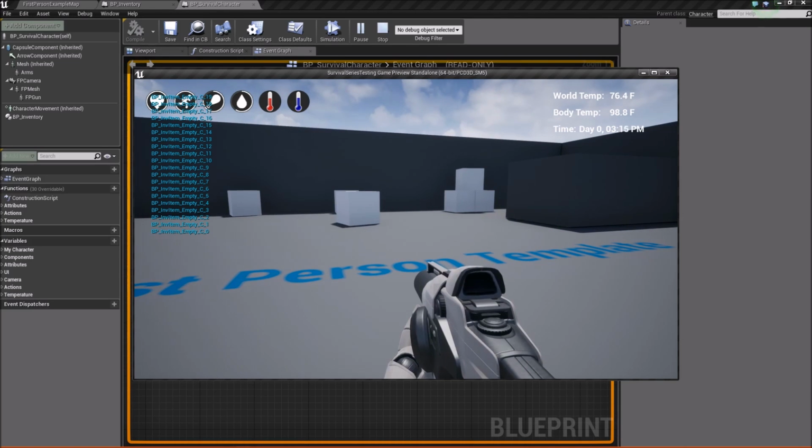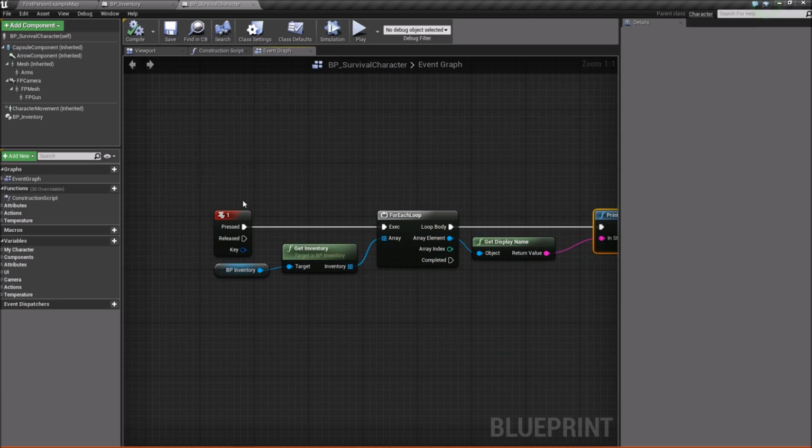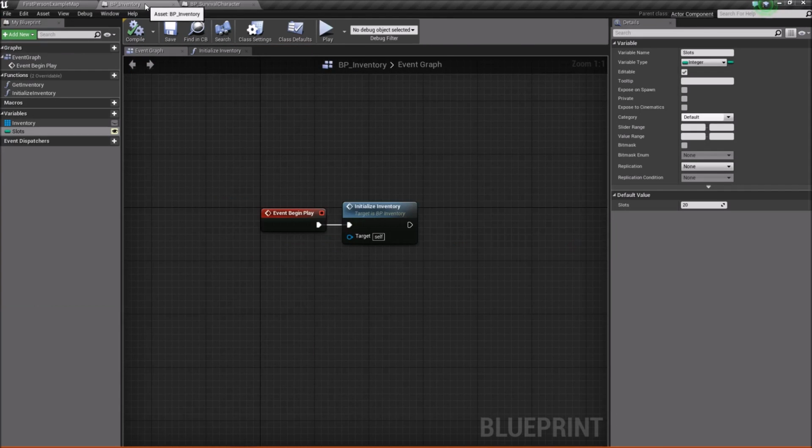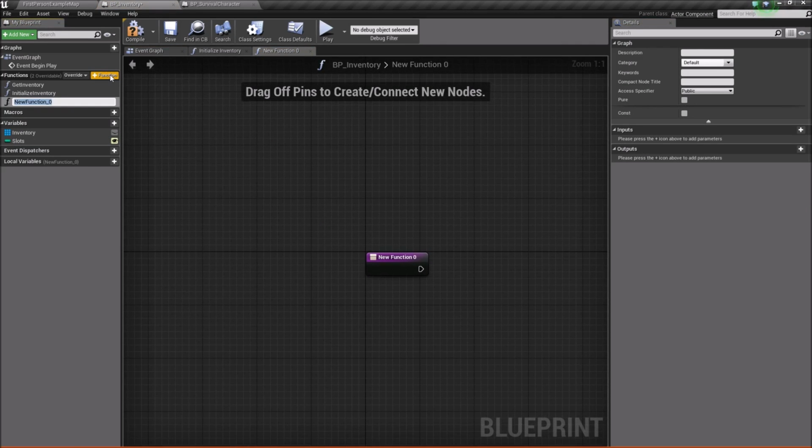And there we go. So we can see that the initialization of our inventory component is already working. So that's a good first step. So we'll go back to our inventory, and we're going to add another function. So this function will be called add item,